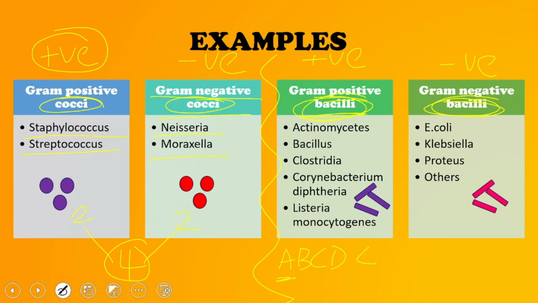A stands for actinomycetes, B stands for Bacillus, C stands for all your Clostridia, right? Clostridium tetani, Clostridium botulinum, Clostridium perfringens, and difficile. All these things you can add up under this. And D stands for Corynebacterium diphtheriae. I know it is starting with a C, but remember it with a D only, right? For the diphtheria. Okay, for the mnemonic, we can remember this thing. And lastly, we have your Listeria. L stands for Listeria monocytogenes.